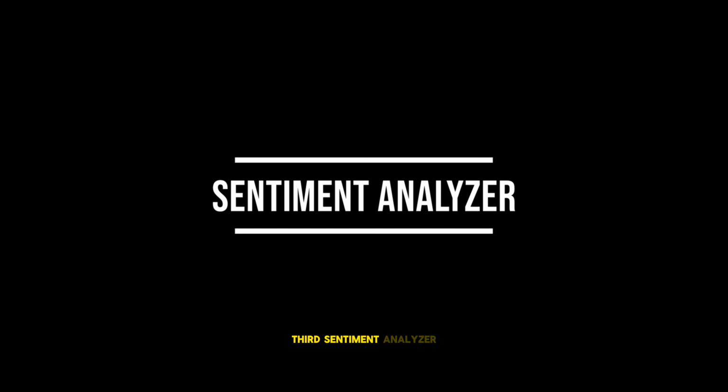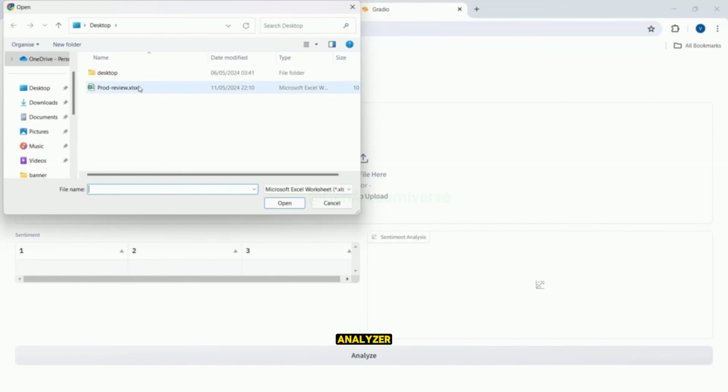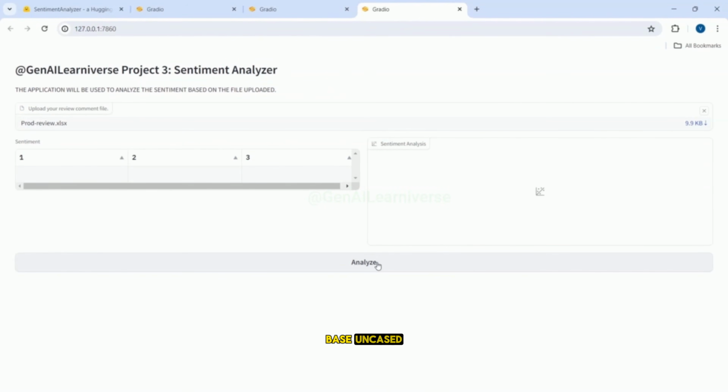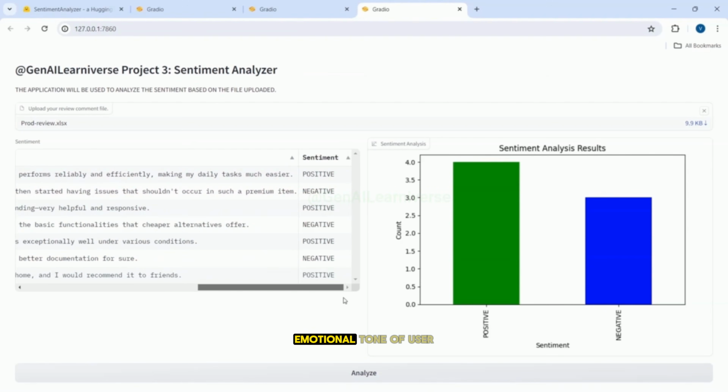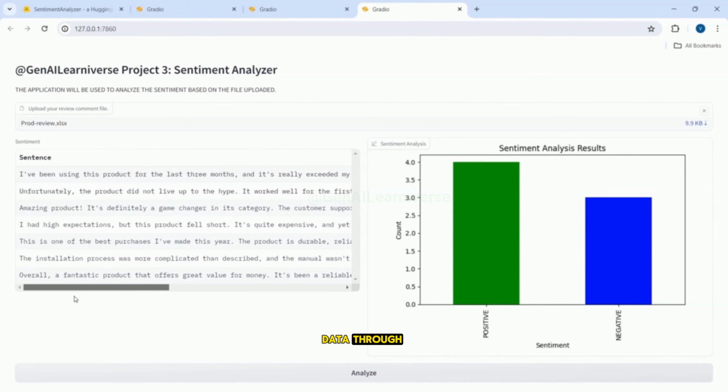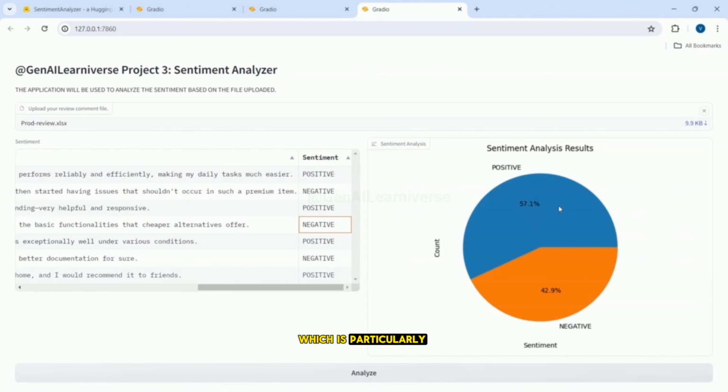Third, Sentiment Analyzer. In our third video, we introduced a sentiment analyzer powered by the DistilBERT-base-uncased fine-tuned model. This tool not only evaluates the emotional tone of user reviews, categorizing them as positive or negative, but also displays this data through dynamic bar and pie charts, giving a visual representation of sentiment distribution, which is particularly useful for